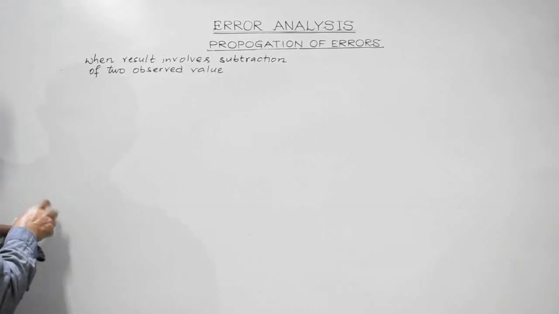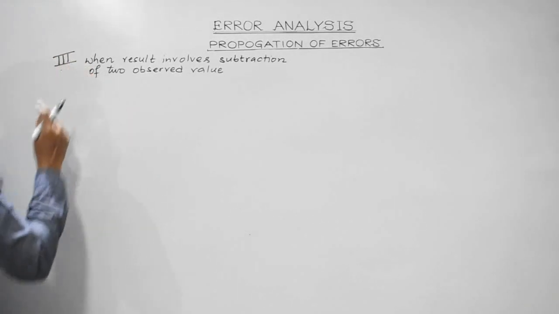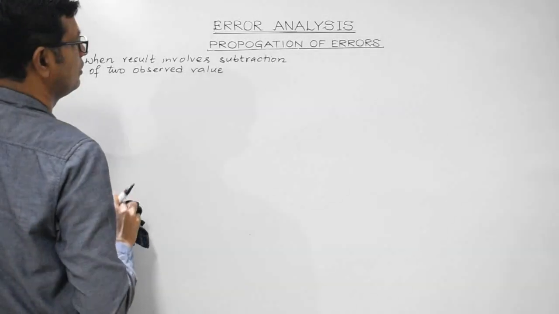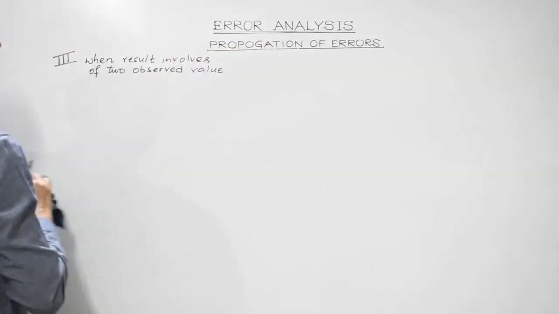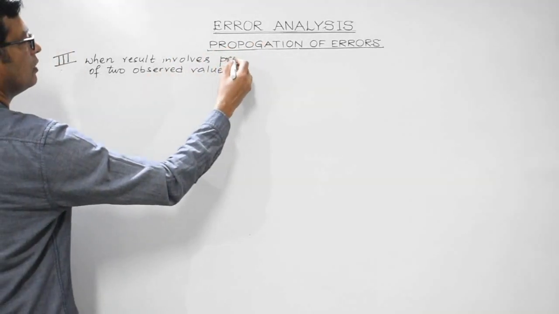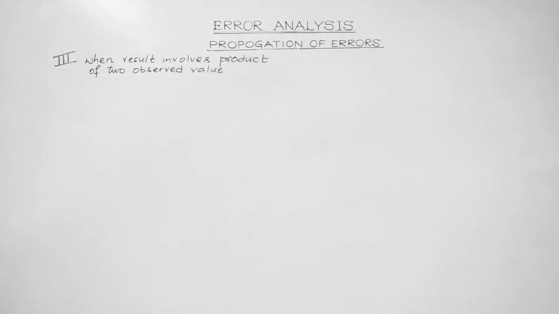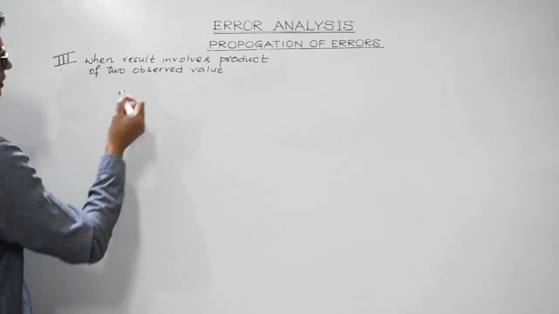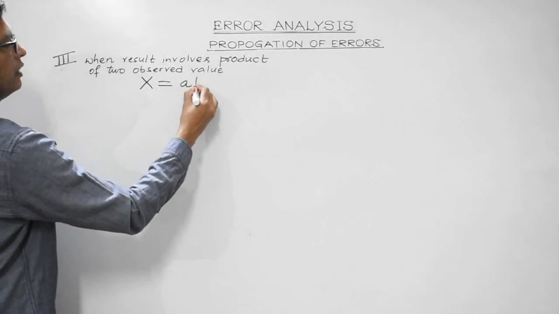Let's start with the third case when the result involves the product of the two observed or measured values. That is, we are dealing with the case where suppose x is equal to a into b,